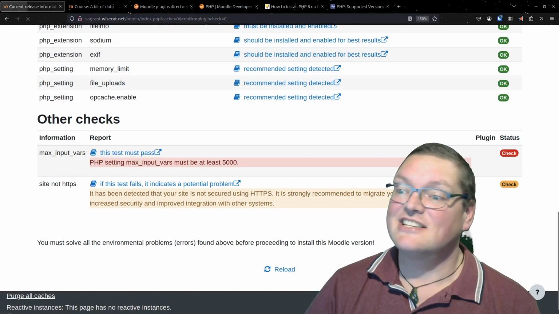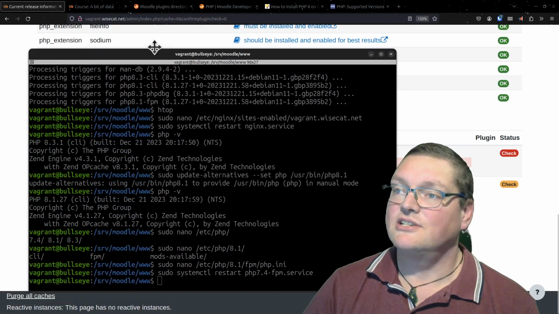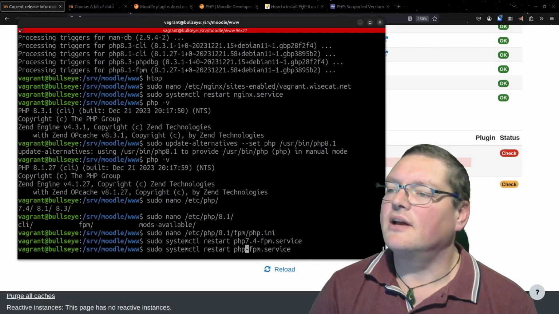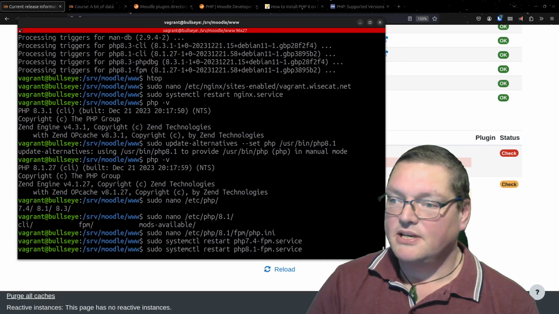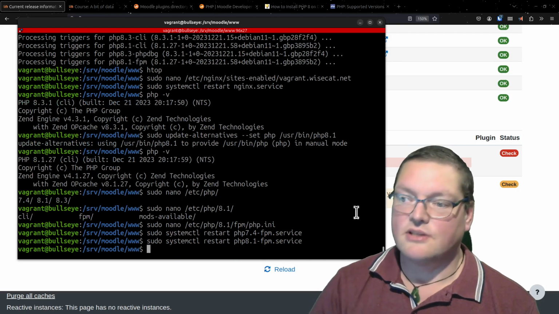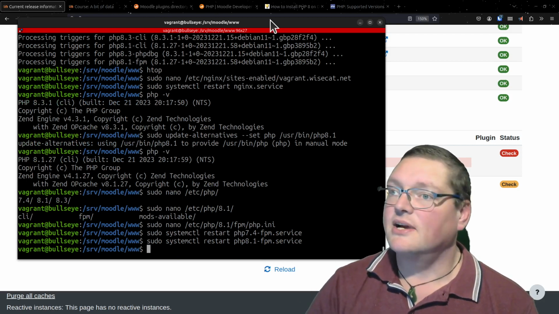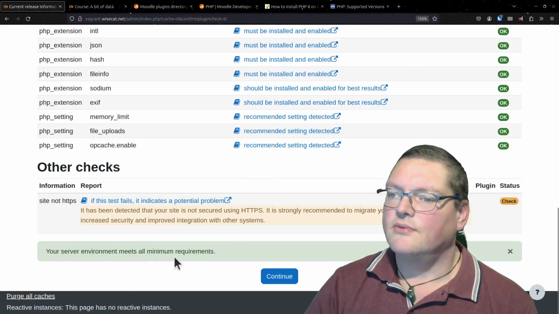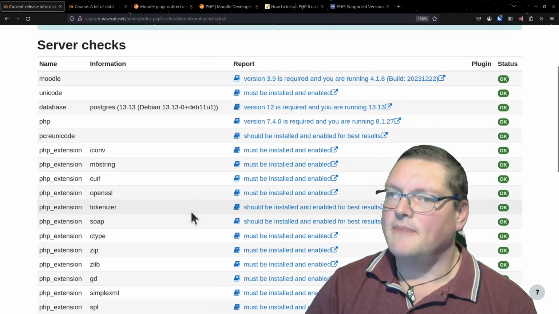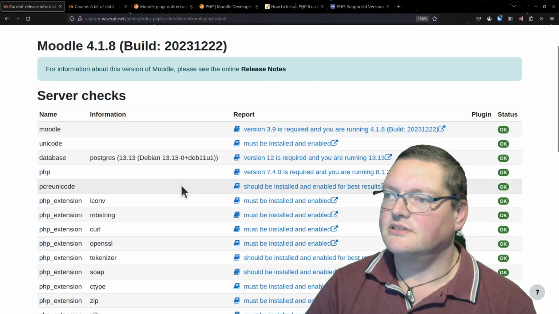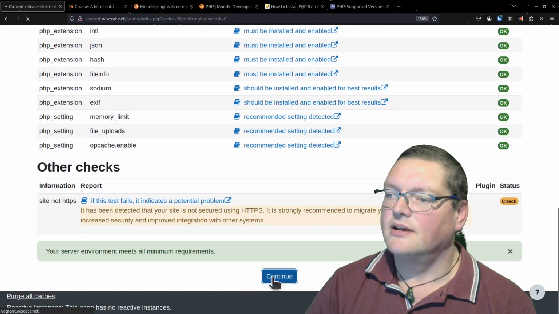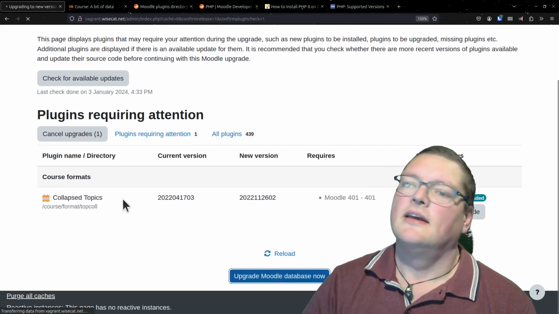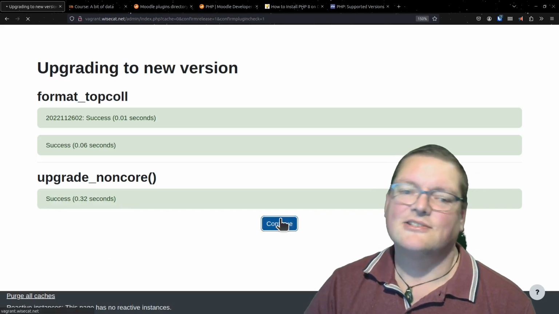And that changes nothing. Why does it change nothing? Because we're not on PHP 7.4 anymore. We're on PHP 8.1. Remember, the PHP 7.4 server still exists though, so it's actually still running at the moment. But that being done, now we've got minimum requirements met. Right? So this is a lot happier to let us continue with our plugin install, and now this upgrade can actually happen, and we pass through. Yay. So happy,